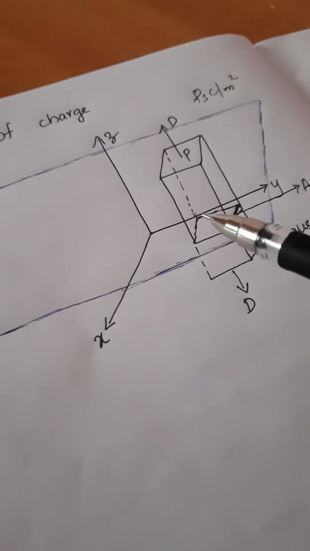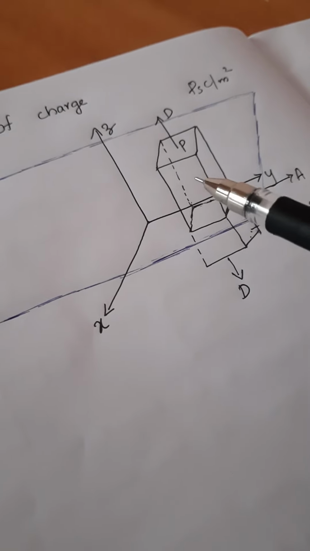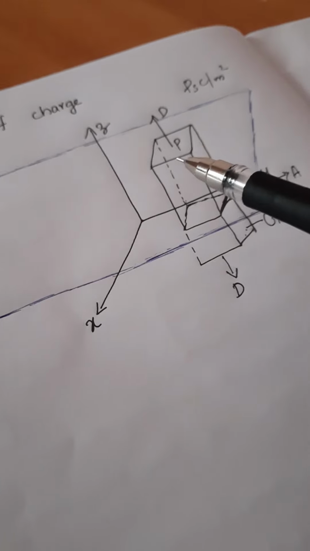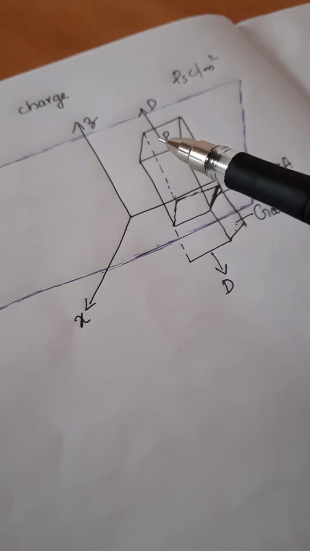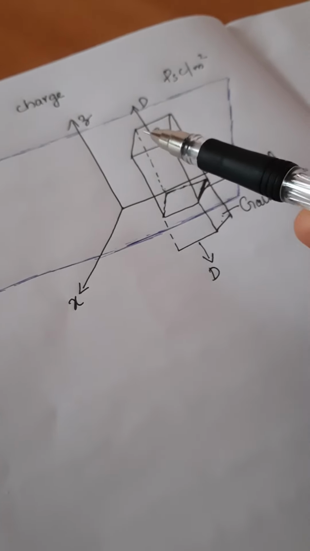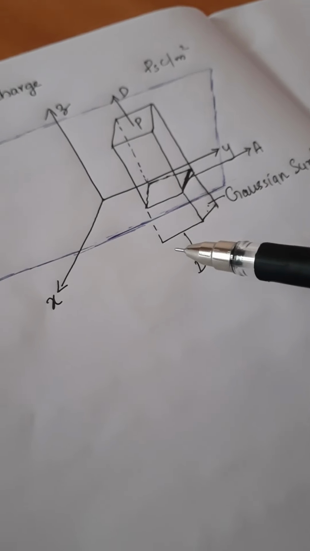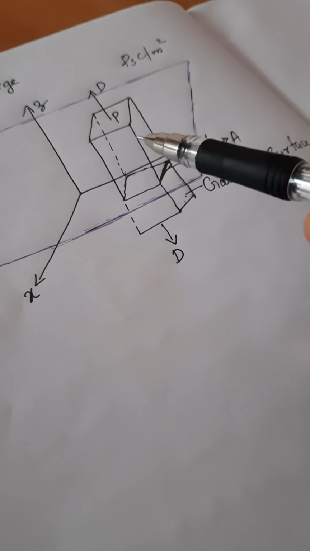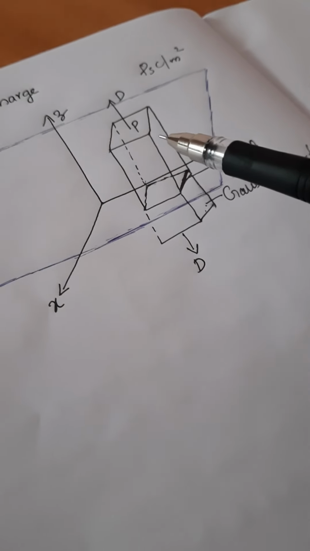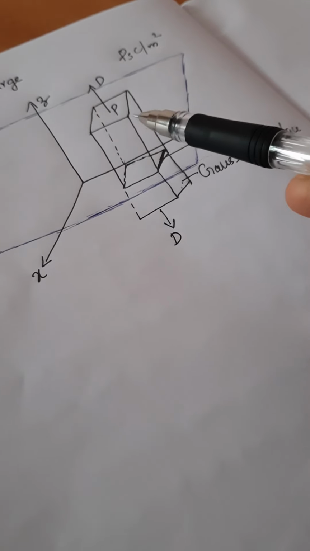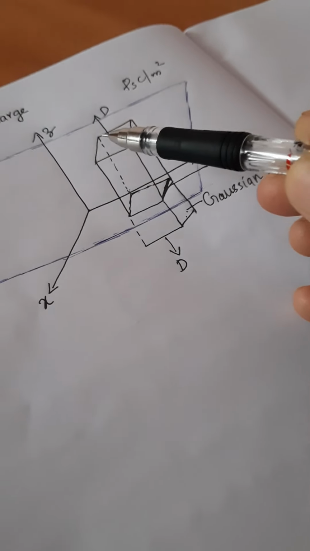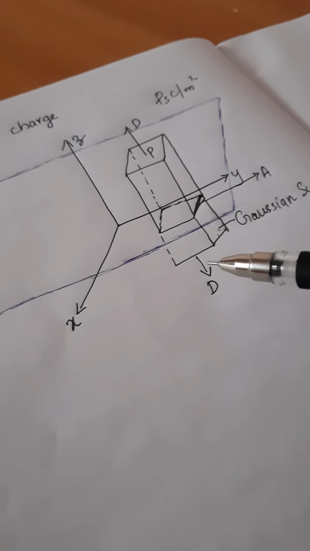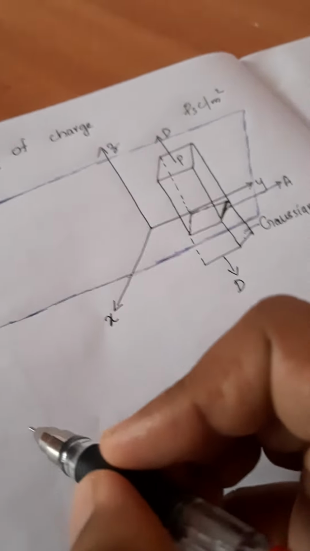we know that we require the normal component of the flux density over the surface. So by seeing this figure, we can see the normal component of the flux density is available from the top surface and from the bottom surface, and along the sides of the other surfaces, the normal component of the flux density over the surface is not there, that is 0. So we are getting the normal component of the flux density only from the top surface and the bottom surface.